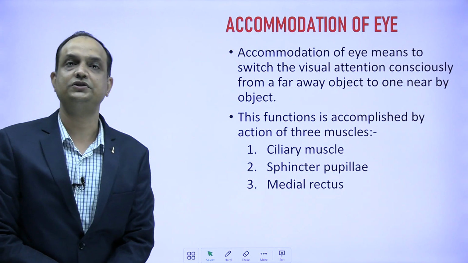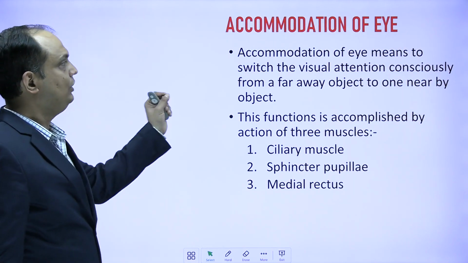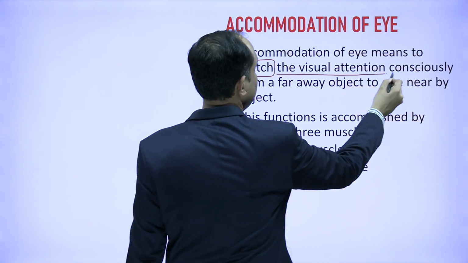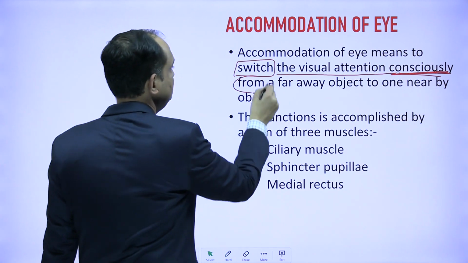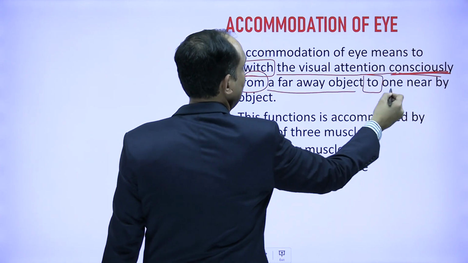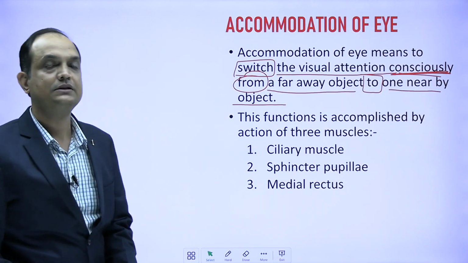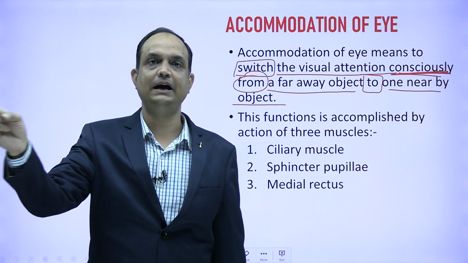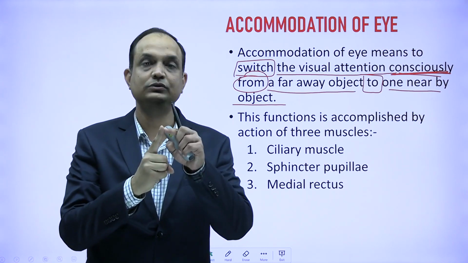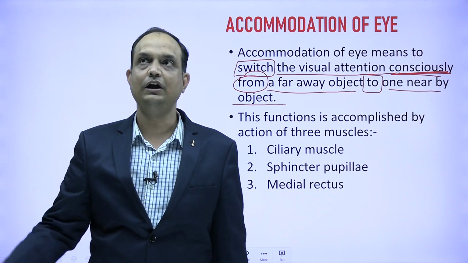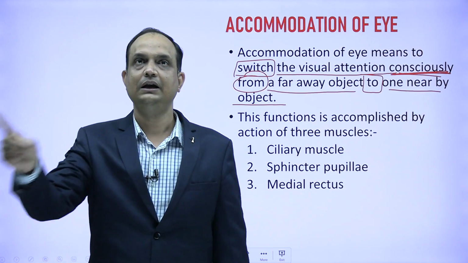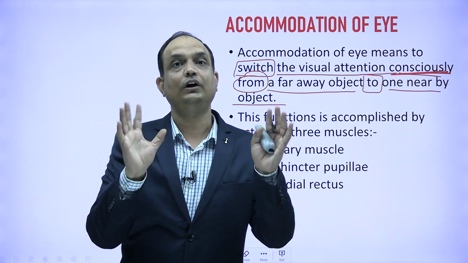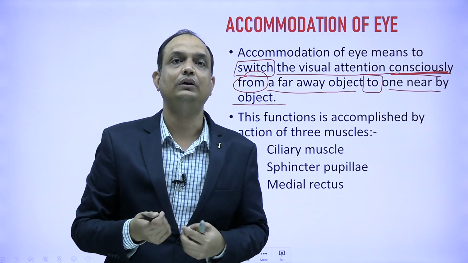Now what is accommodation of the eye? Accommodation of the eye means to switch the visual attention consciously from a far away object to a nearby object. What does it mean? Suppose I am asking you to see at a far point and suddenly I bring my finger in front of your nose and ask you to look at the tip of my finger. So if you are looking far and suddenly I bring my finger and you start to look at the tip,